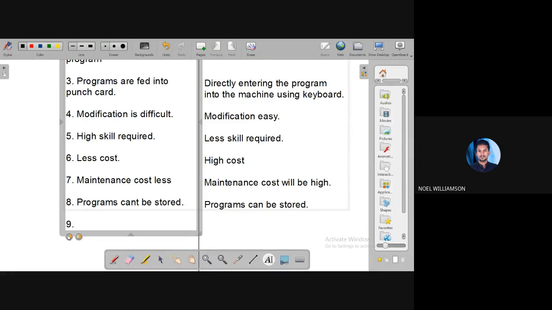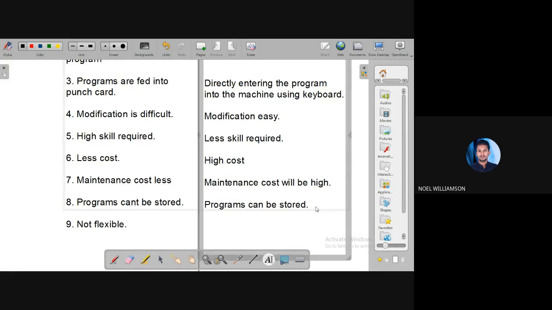So that is the next point, flexibility. The NC machine is not flexible, and the CNC machine is highly flexible.